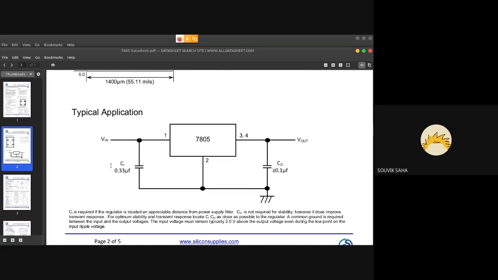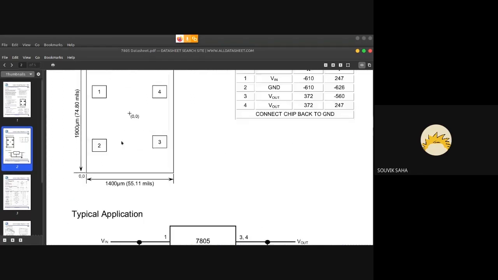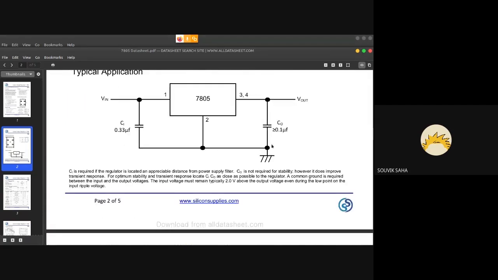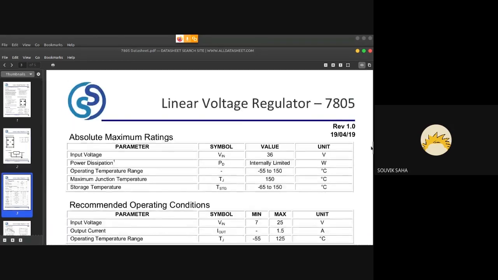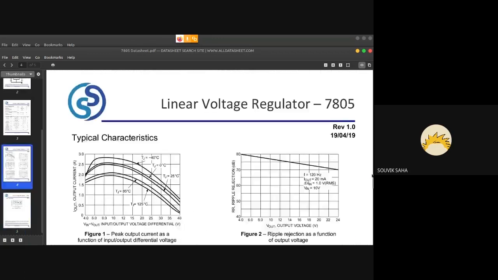So this is generally the best approach to go ahead with it. A 0.33 microfarad capacitor at the input, greater than 0.1 microfarad at the output. So this is how we use this circuit. And these circuits are generally universal. So if you look at any other company's data sheet, you'll see the same thing.